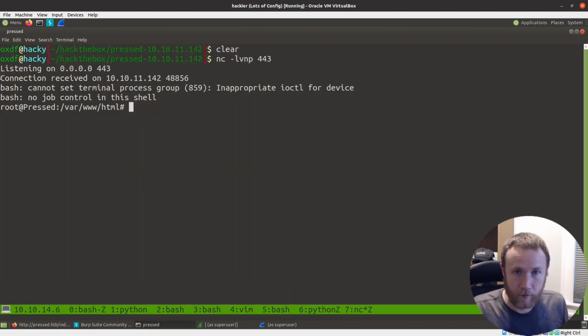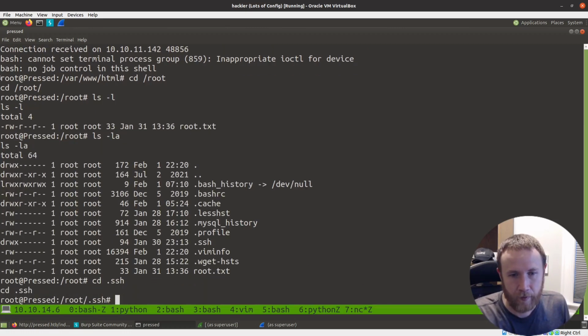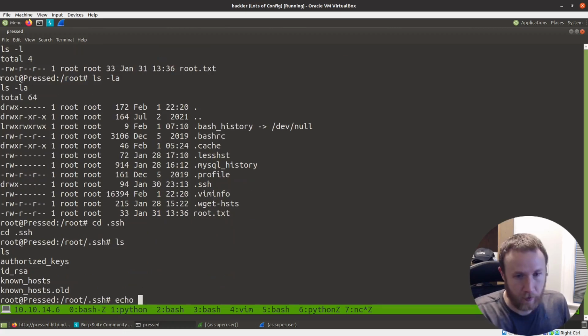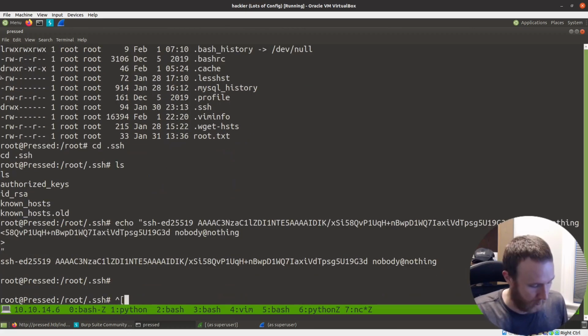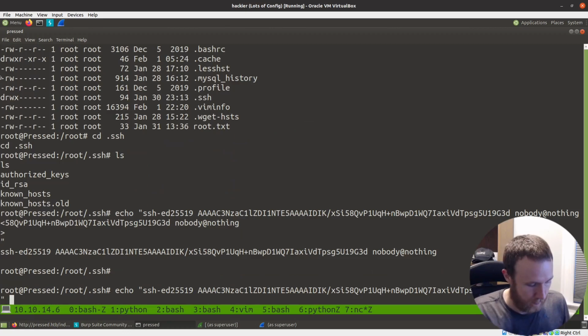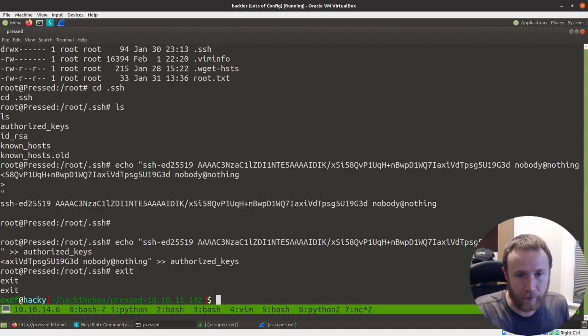And now, let's go into root. There is a .ssh folder, and we can echo that into authorized keys. Shoot, I really wanted to append, not just overwrite. I guess it doesn't really matter, but better to add in than subtract. Okay, so now I should be able to exit this and do an SSH -i